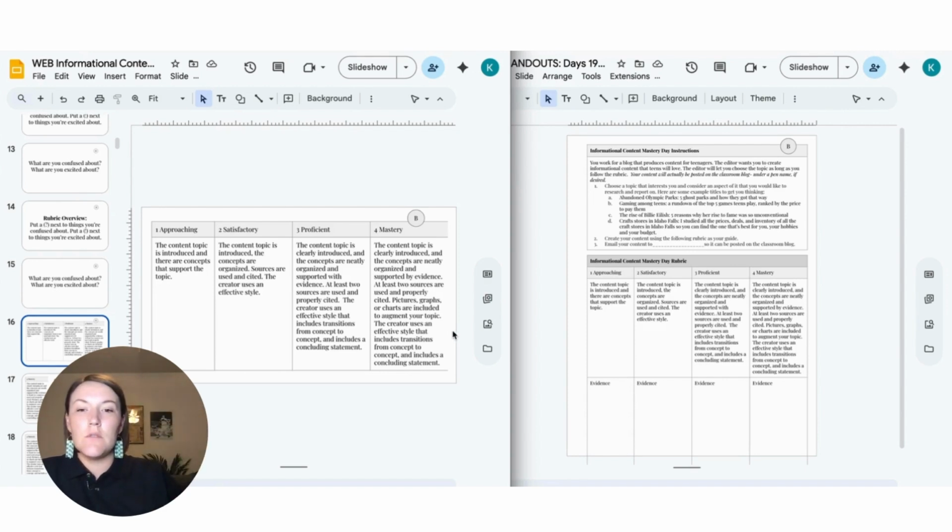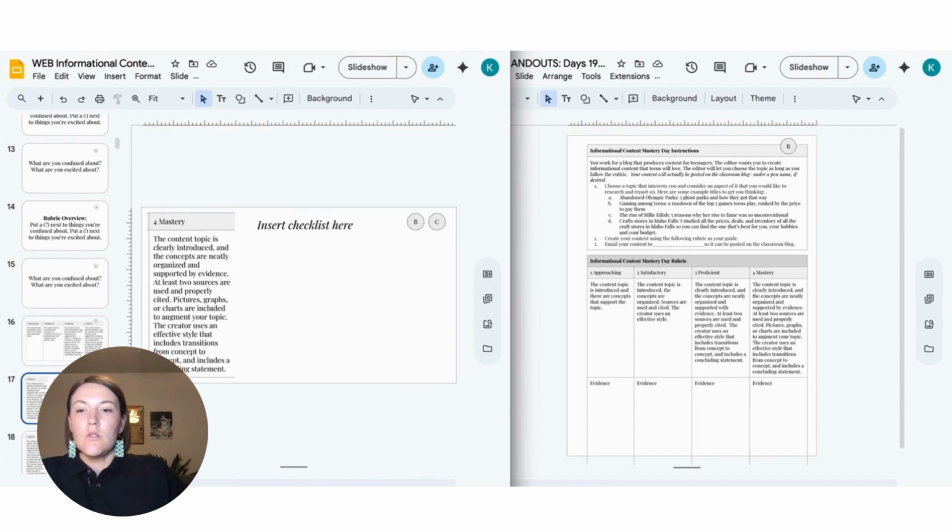As long as they stay within these mastery parameters and they can do all of these things that the mastery is asking them to do, then they can present it in whatever way they want to. So just as a way to help kids who see things in kind of a checklist sort of way, we're going to turn this mastery part of the rubric into a checklist,